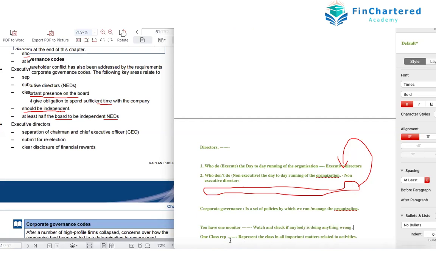Right? So there is one person who is monitoring the class and the other who is going and representing the class in important activities. Now, both these positions are positions of some power, correct? Representative also has power. Monitor also will monitor you and complain about you. So he has power,